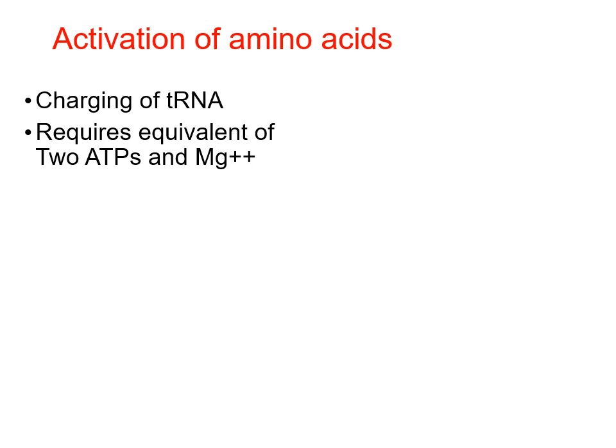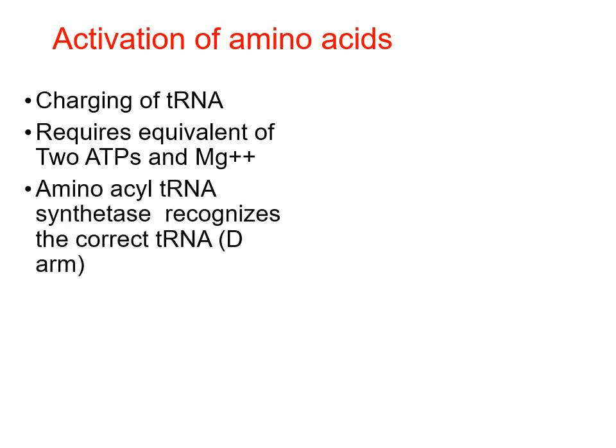During this process, you will see that the ATP gets hydrolyzed to AMP, and whenever ATP is hydrolyzed to AMP, it means the requirement is equivalent to 2 ATPs. The process also requires magnesium ions. Now, the key enzyme for this process is the aminoacyl tRNA synthetase. This is the fidelity enzyme. What it means is it recognizes the correct tRNA and the correct amino acid to be added